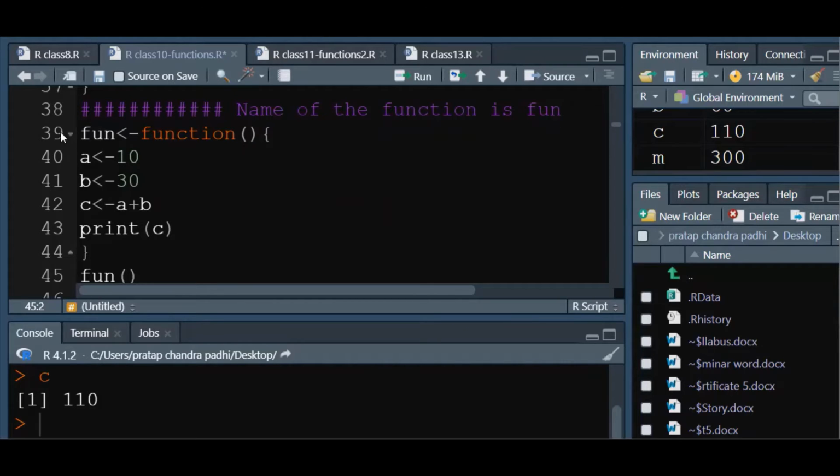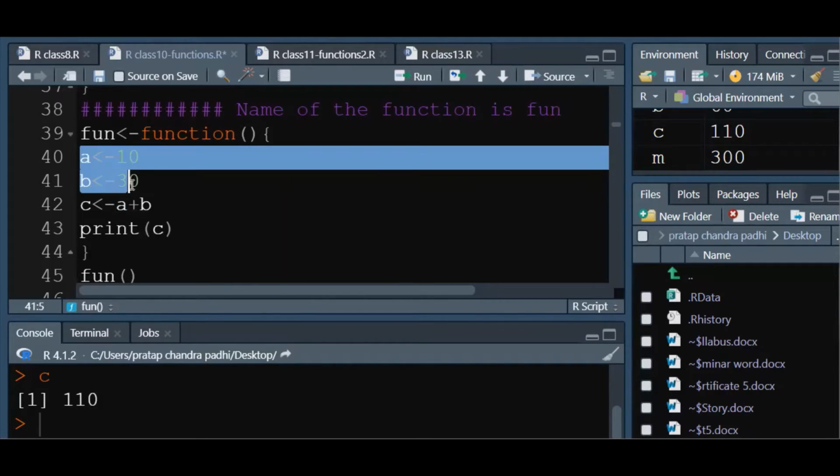Now this is the name. With this name you have to call it. How can you call it? You have to write the parenthesis here. This is the starting bracket, this is the ending bracket. We'll not write anything here because we want to add two numbers, that's all. Whatever number you write, tomorrow if you change here and you write 100, 300, you will get 400. Whatever you write here,